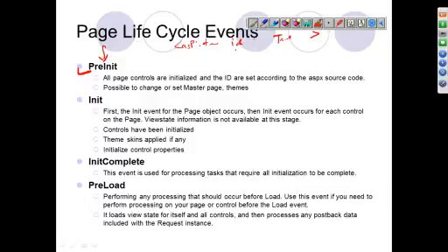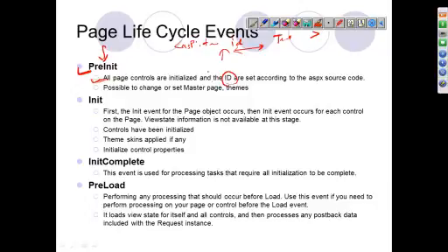So we provide the ID here. In page pre-init, all the page controls get initialized. It's not fully initialized, but the IDs in those controls are set from the ASPX page. Initialization is not completed here.